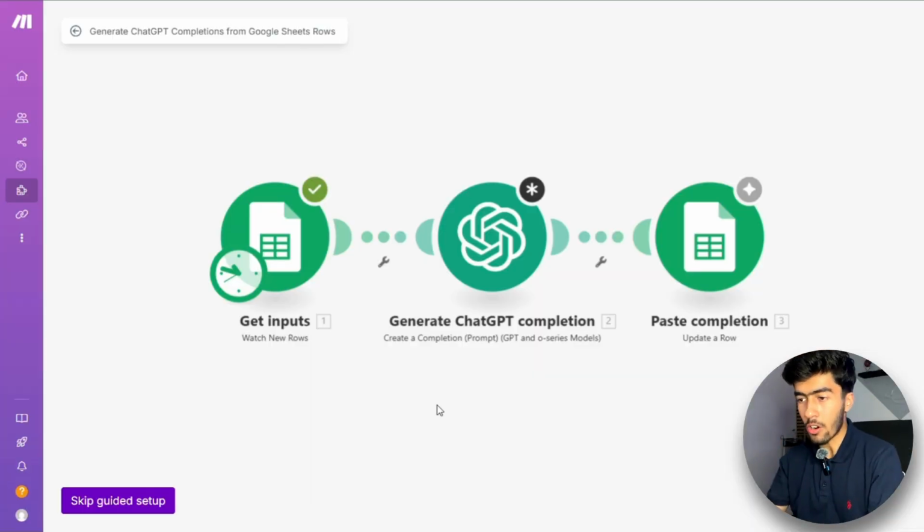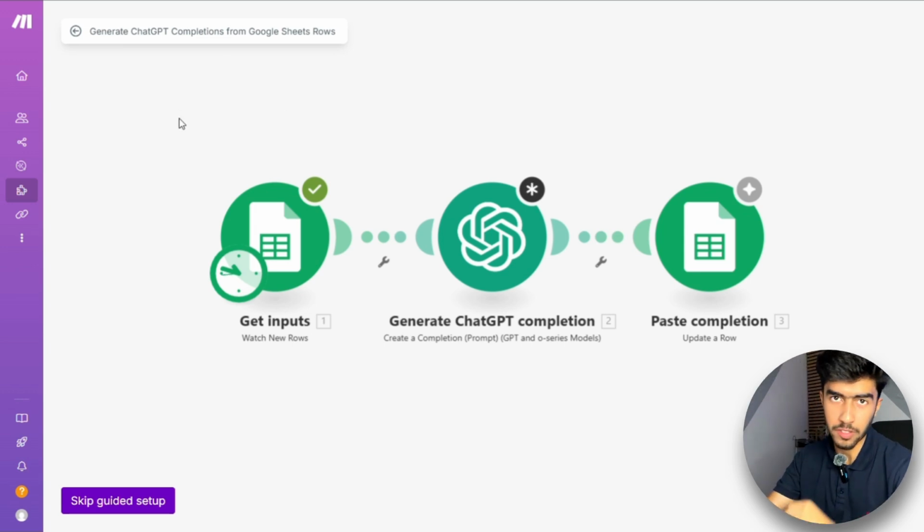So here we are on my laptop, and you can see I've opened make.com. You just have to go to Google or whatever web browser you're using and search up make.com, and it will come up. You have to log in or sign up, and then it will take you to something like this. So what I did was, I've already got a sequence right here for what I use for my content